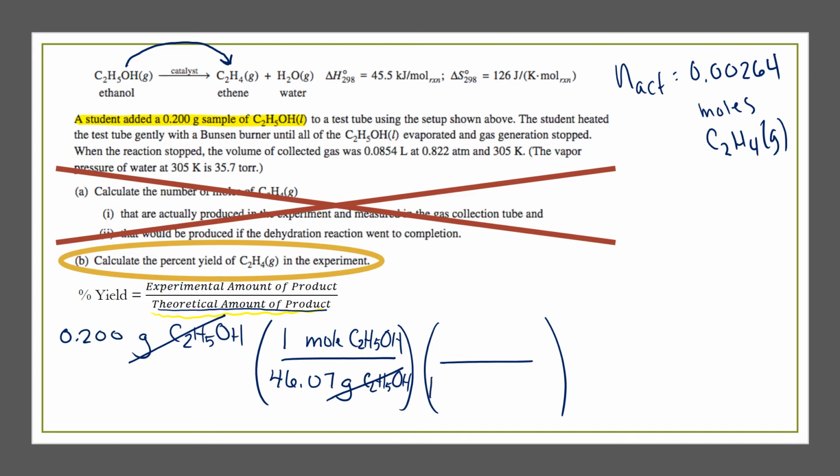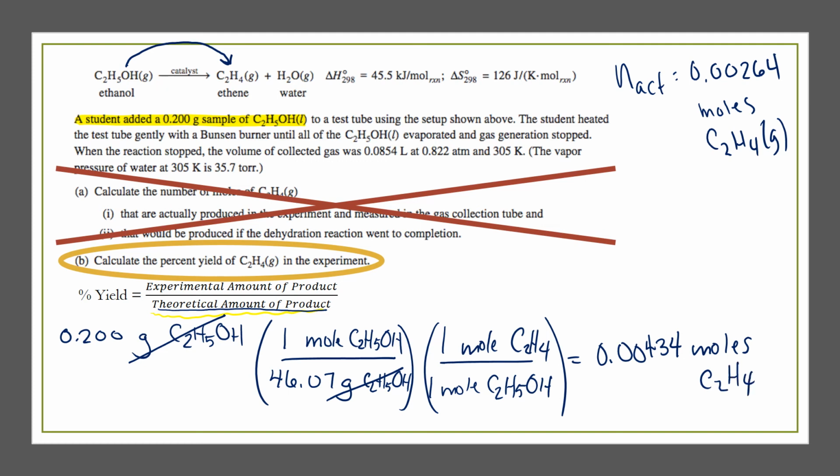So let's do that. For every 1 mole of ethanol, C2H5OH, I have 1 mole of ethene, C2H4. And when I do this math out, I get 0.00434 moles of ethene,